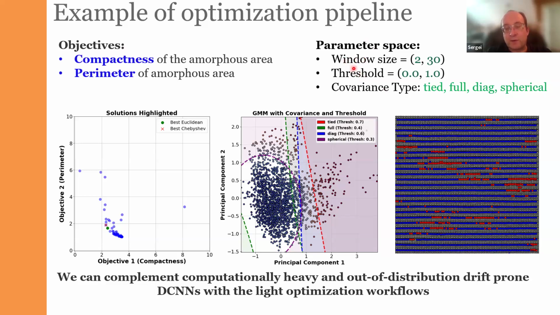In this case, we also experimented with something like this. We have a parameter space where one parameter is the window size, another is the threshold, and the third is the covariance type. So two parameters are continuous, one is categorical, but then we find a way to use Bayesian optimization to actually separate the amorphous versus non-amorphous materials. And notice that this is a classification in a very high dimensional space because our object is actually a patch. The number has a dimensionality of, let's say, if it is 30 by 30 pixels, the dimensionality